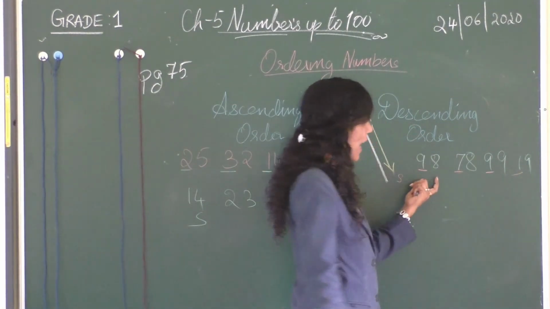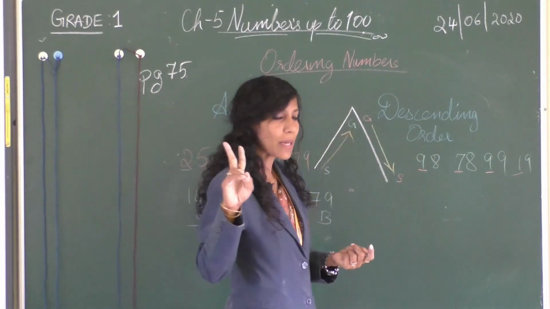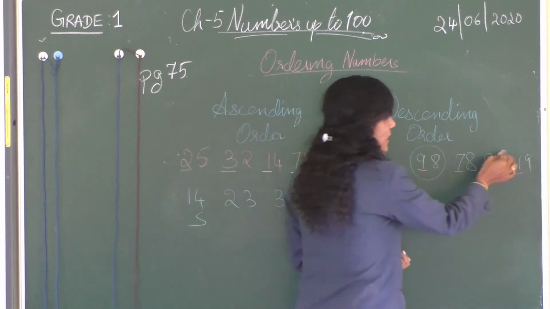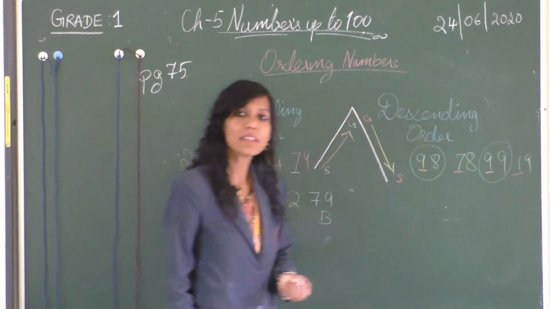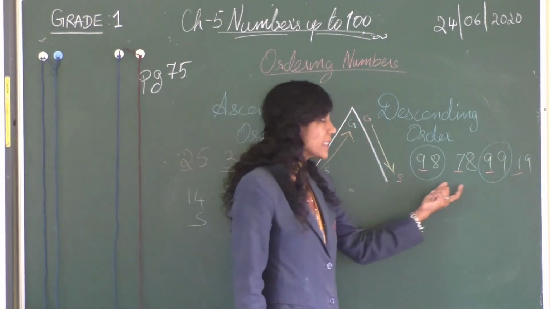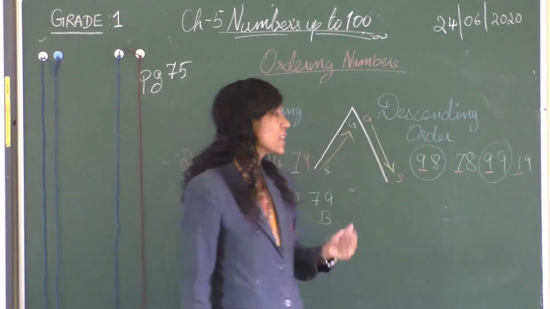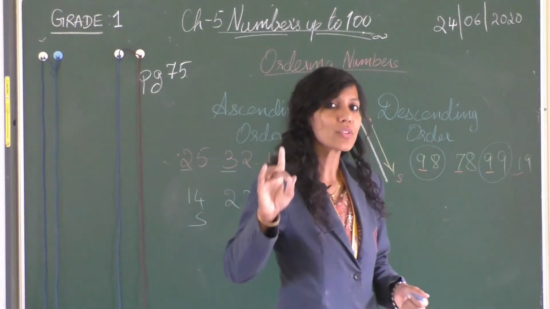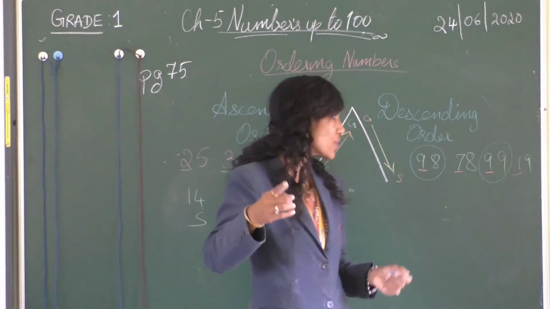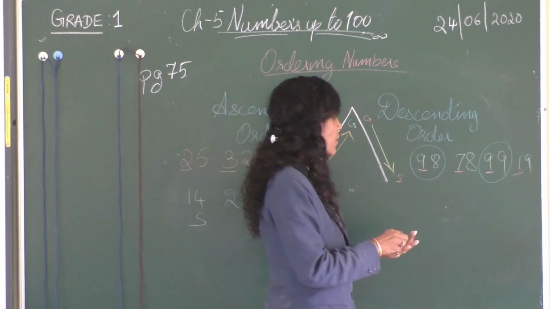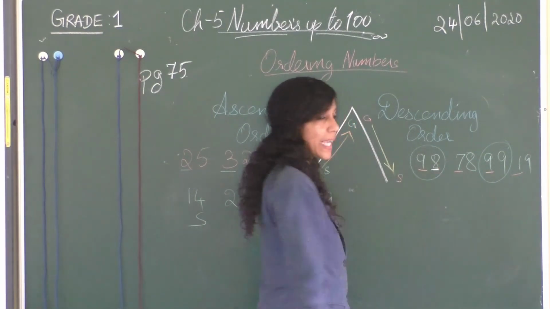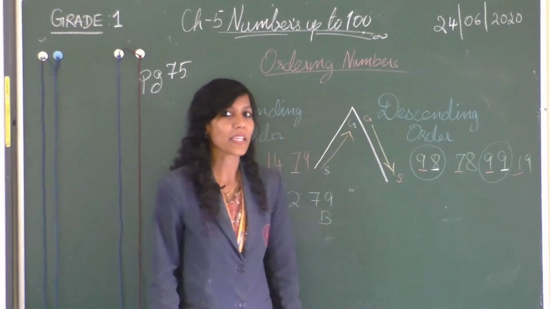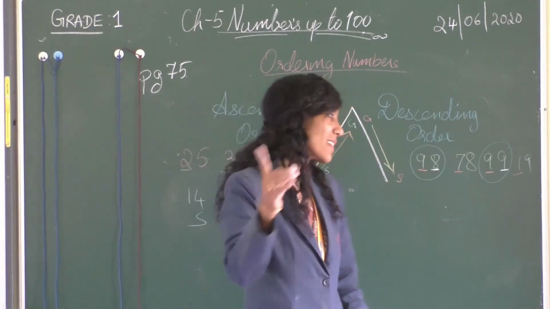9 is big. So you have now two numbers, that is 98 and 99. Two numbers, 98 and 99. The first number is the same. So what will you do? You'll go to the next position, that is the ones position. Which is the number you have in the ones position? 8 and 9. Which is big here? 8 and 9. Yes, 9 is big.